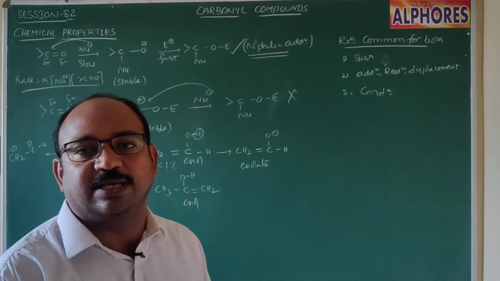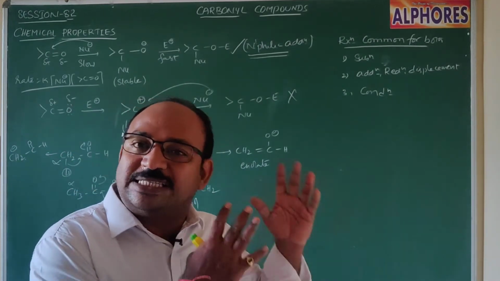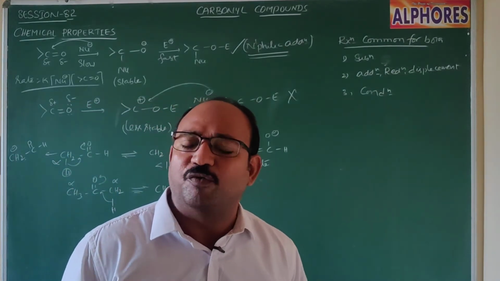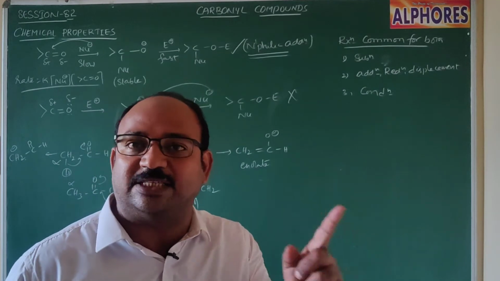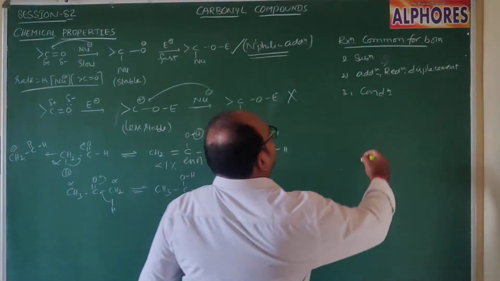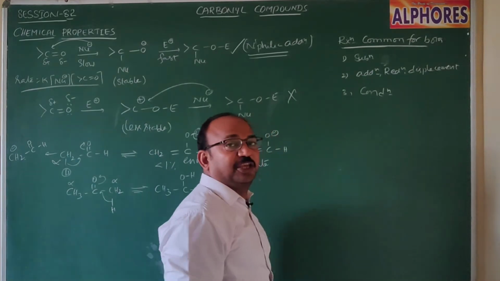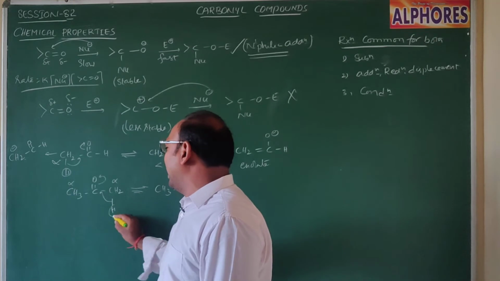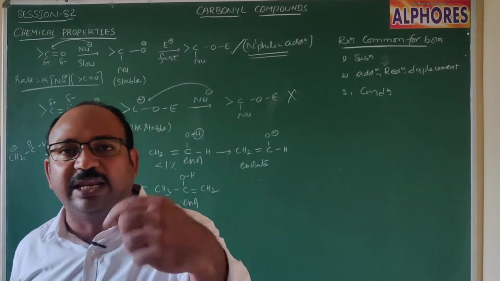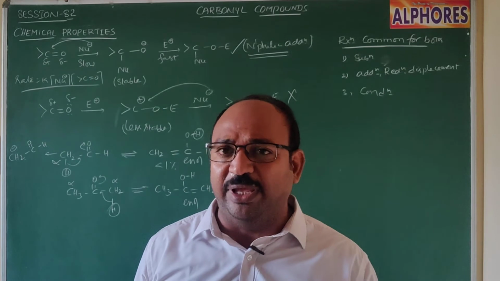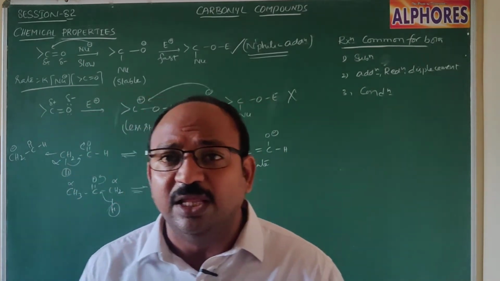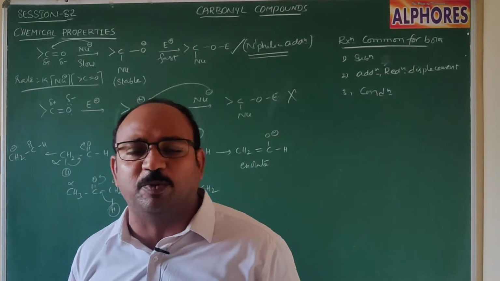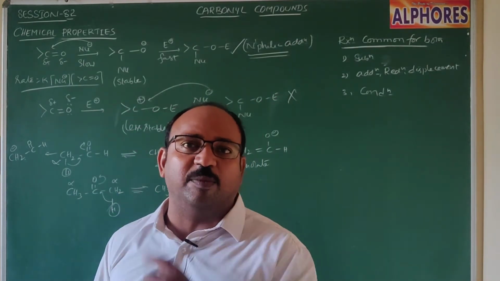Now let us first discuss the properties which are similar for both aldehydes and ketones, but don't forget, except formaldehyde. Reactions common for both aldehydes and ketones: substitution reactions. As I mentioned just now, alpha carbon containing hydrogens are acidic hydrogens that can be easily replaced by halogen atoms. That property is shown by both aldehydes and ketones.